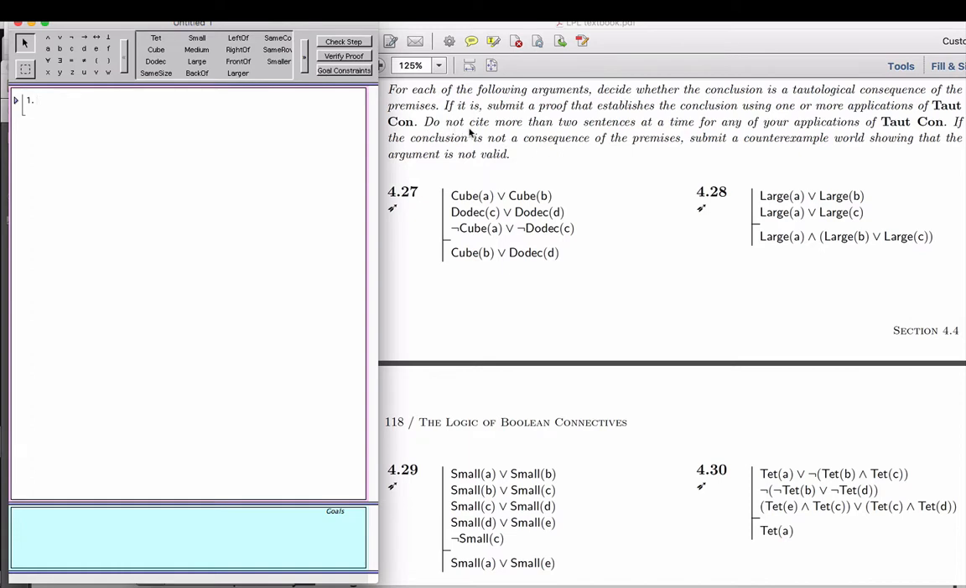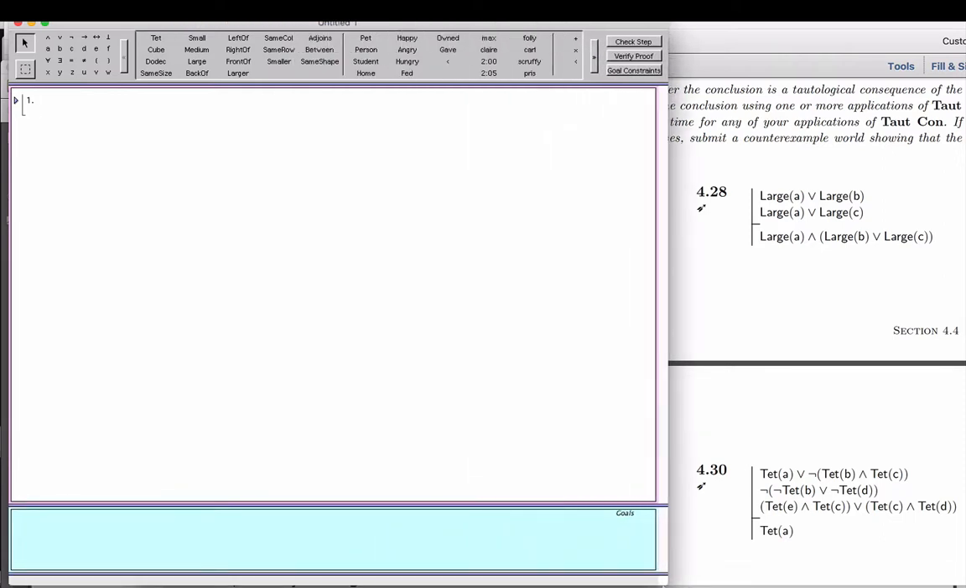This is important. Do not cite more than two sentences at a time for any of your applications of Taut Con. We'll talk about why this is the case. We've talked about it a bit before, but we'll run a reminder because we haven't been in Fitch for a while. If the conclusion is not a tautological consequence of the premises, submit a counterexample world showing that the argument is not valid. So let me pull the window for Fitch over just a little bit so we're highlighting 4.28